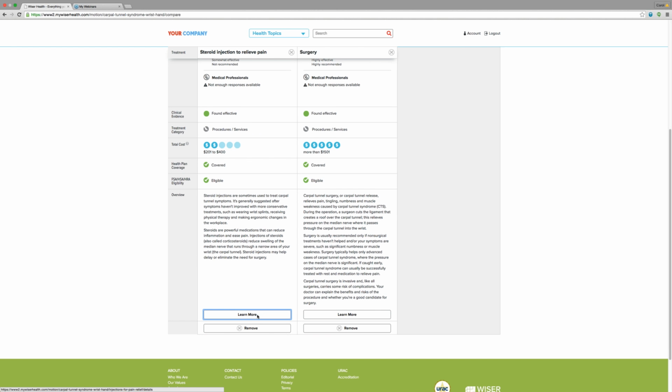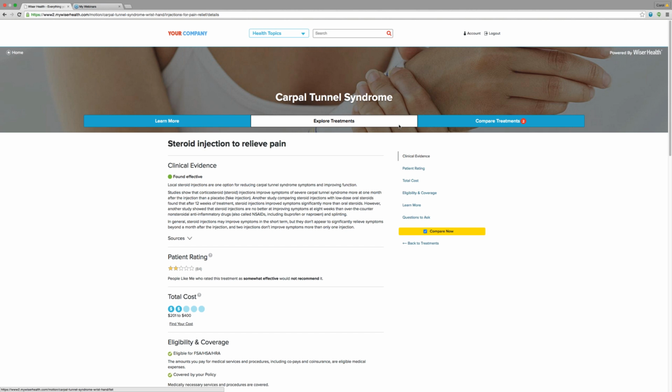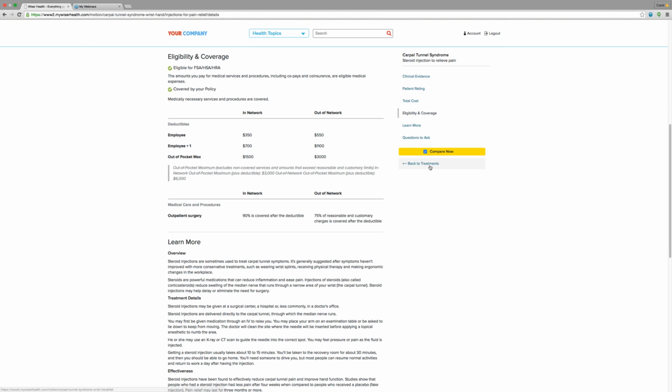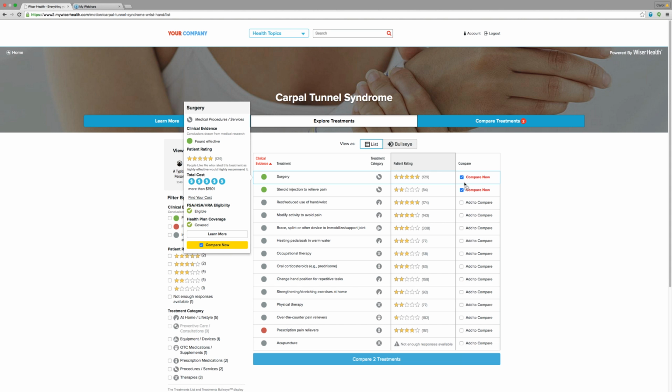Once they're actually interested, they can come back and learn more about just that specific treatment. And again, that navigation carries throughout the system, along with the right-hand side, which allows them to navigate to specific information that they might want to be looking at, such as eligibility and cost, or if they want to go back to their treatment options, they can go back. So most of our